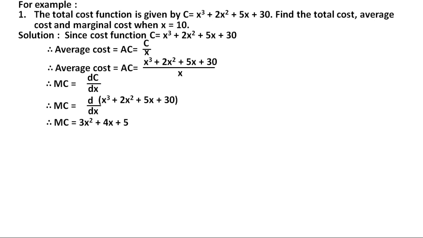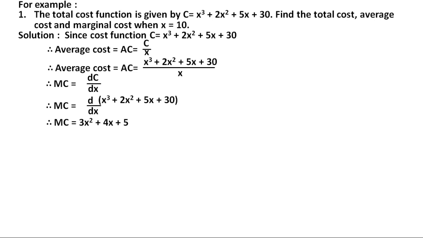इसका मतलब क्या है कि आपको क्वेश्चन में क्या पूछा है कि जबकि x यूनिट्स और x आइटम प्रोड्यूस किए गए हैं तब आपका टोटल कॉस्ट कितना है, एवरेज कॉस्ट कितना है और मार्जिनल कॉस्ट कितना है, ये क्वेश्चन ने पूछा हुआ है. Is it clear? Therefore, now we find when x is equal to 10, the total cost how much, average cost how much and marginal cost how much, right?